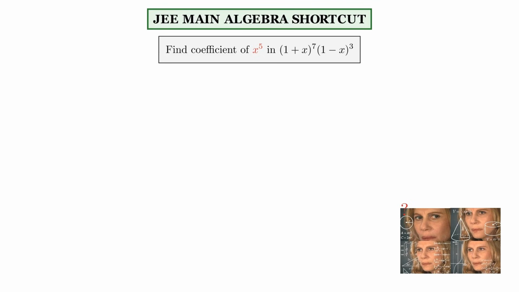We need to find the coefficient of x to the power 5 in the product of (1 plus x) to the power 7 and (1 minus x) to the power 3. If your first instinct is to write out Pascal's triangle, expand both brackets completely and multiply them term by term,